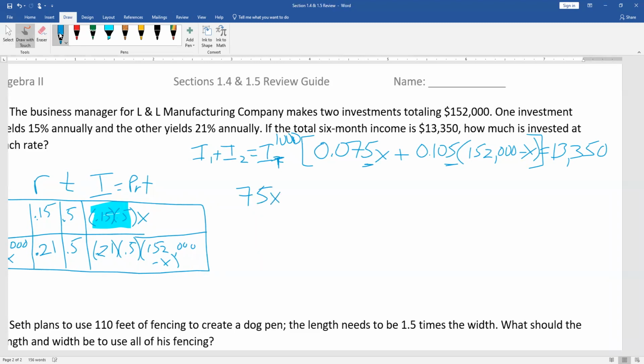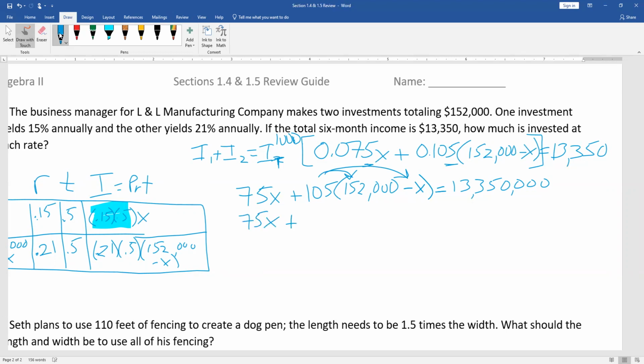75x plus 105 times 152,000 minus X equals 13350, and then I'm adding 3 more zeros. 1, 2, 3. 13,350,000. Okay, so once I distribute this 105 into my 152,000 minus X, I still have 75X